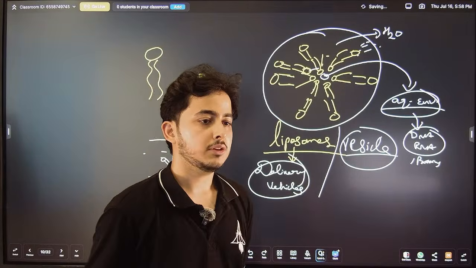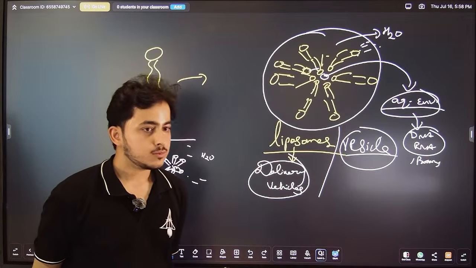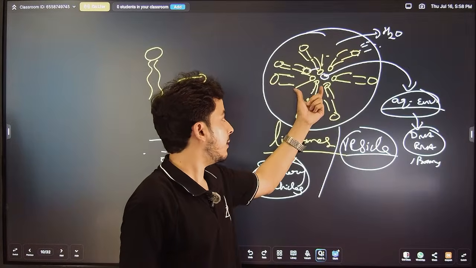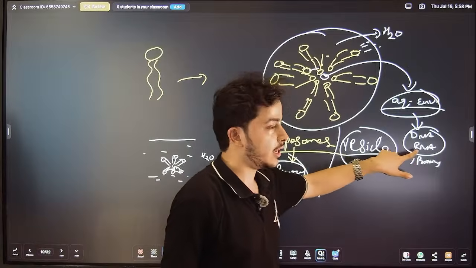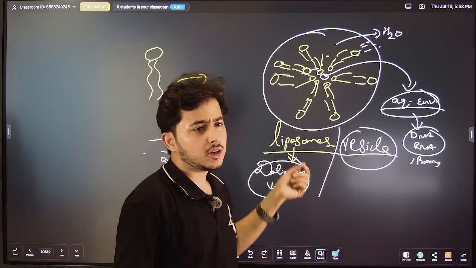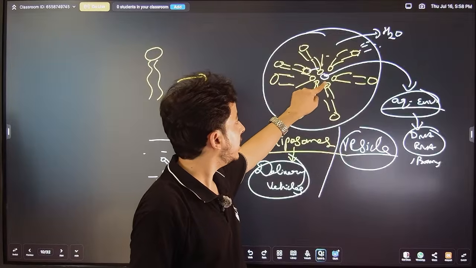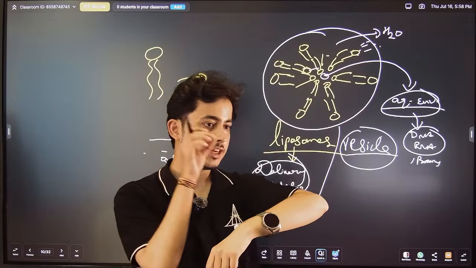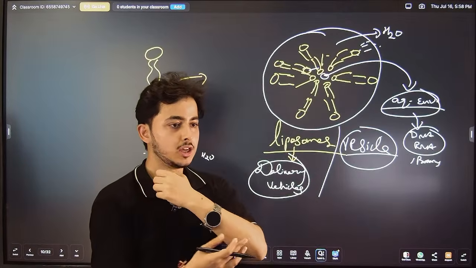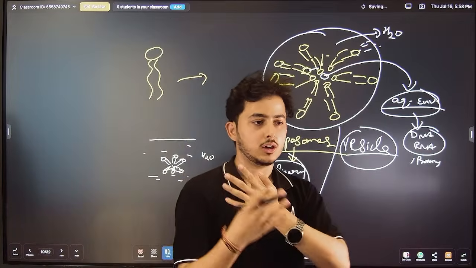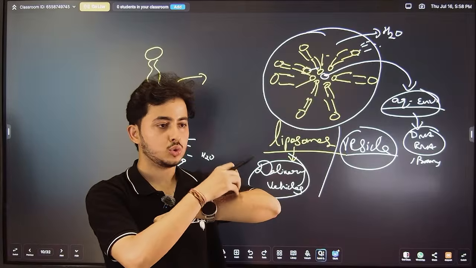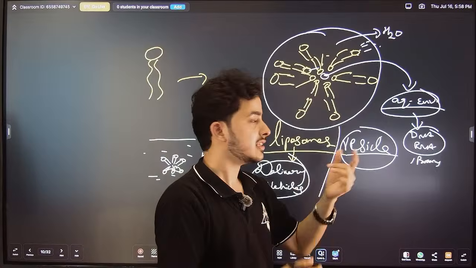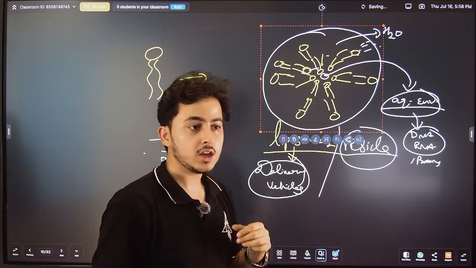Why is it used as a delivery vehicle? I have worked in the field of vaccines. There are mRNA vaccines, in which you have an mRNA encoding a protein. If you put that mRNA inside this vehicle and inject it into your body, it will go through your blood to your cells, and because it is lipid, it can easily fuse with your cells and deliver the inside content inside the cells.